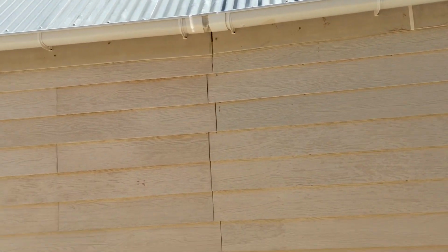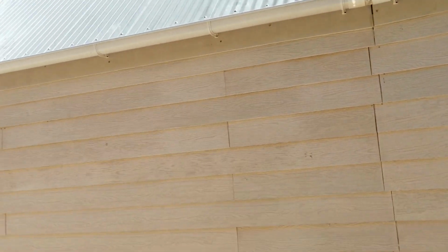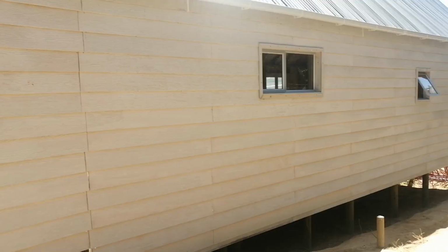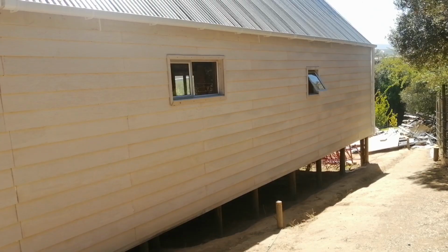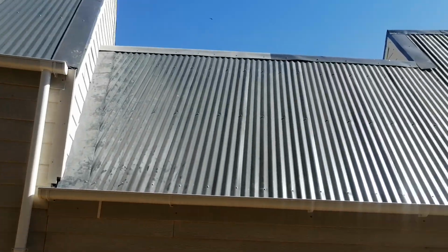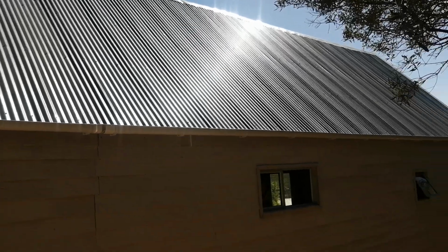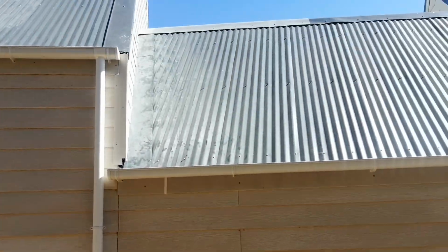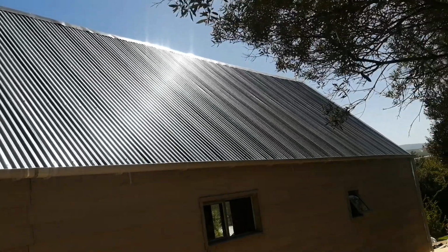These are the gaps that we are talking about, where we will do the fiber sealing, and fiber sealing on all these areas. All the gaps that we are seeing, we are going to use fiber seal to close in a very neat way, so that when it's being painted, it doesn't leave ugly finishes. So all these gaps we are going to close. There's quite a lot of them